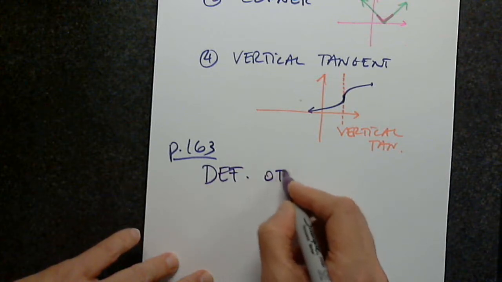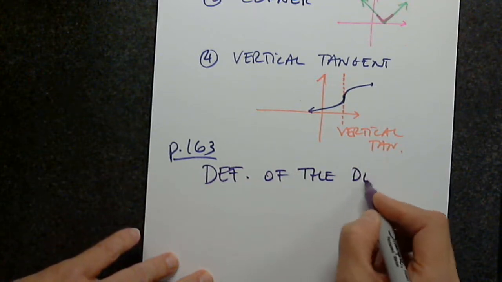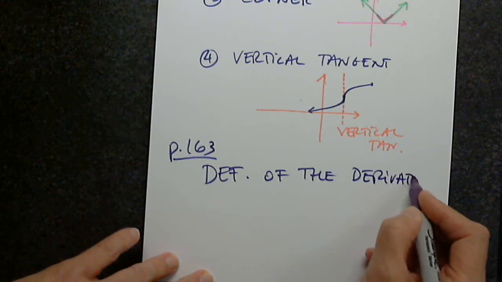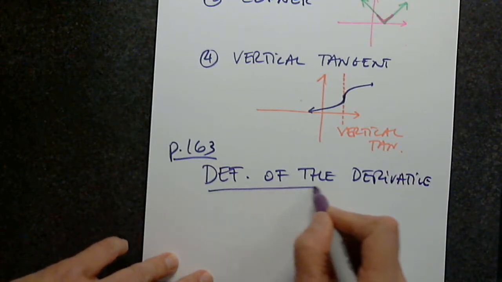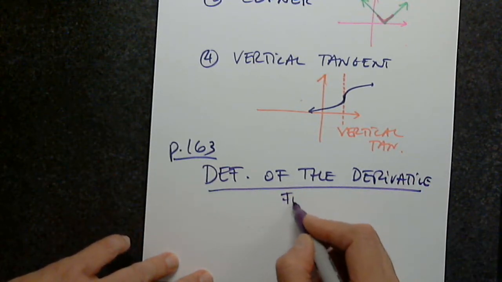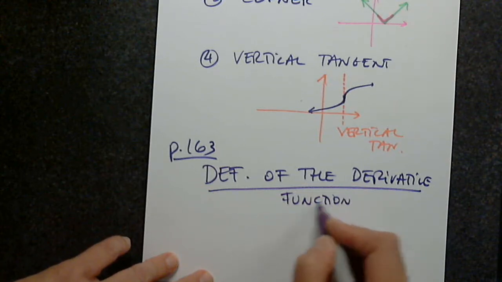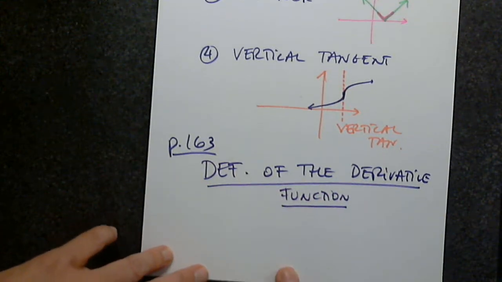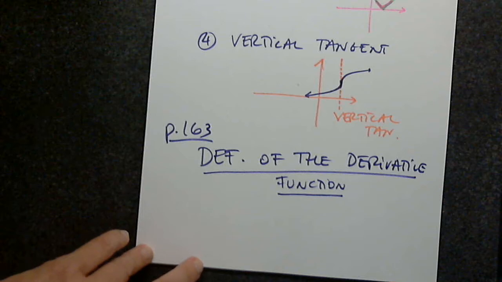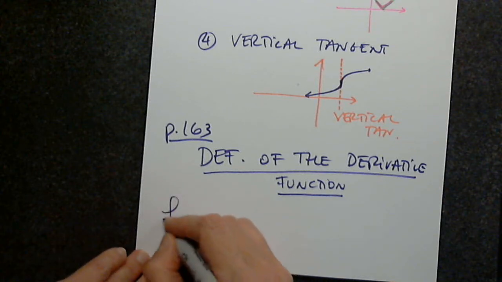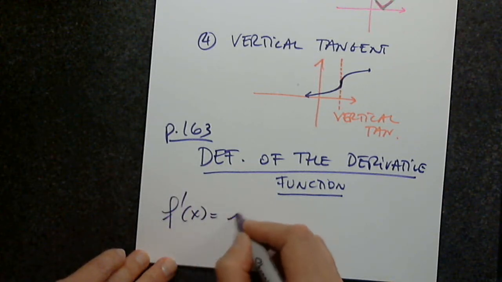Definition of the derivative function. It's only one. And here it is. f prime of x equals the limit